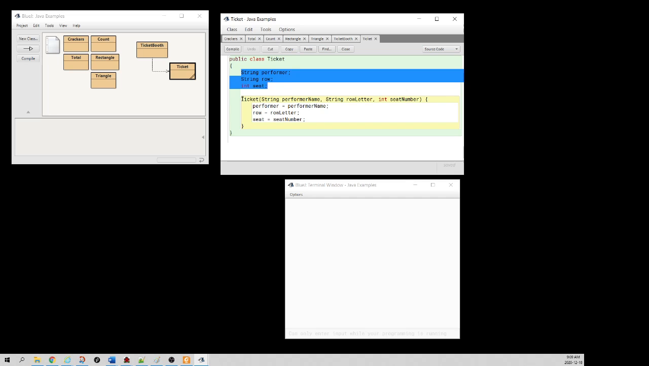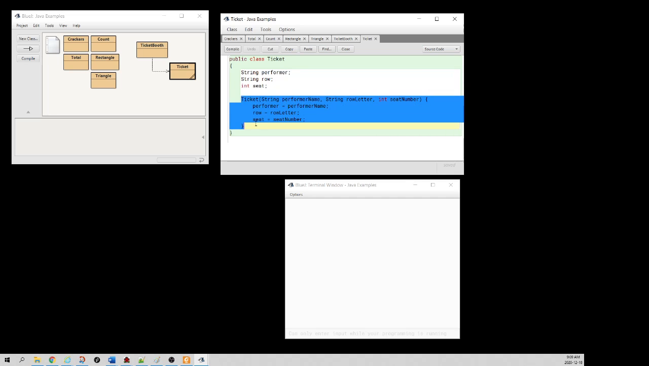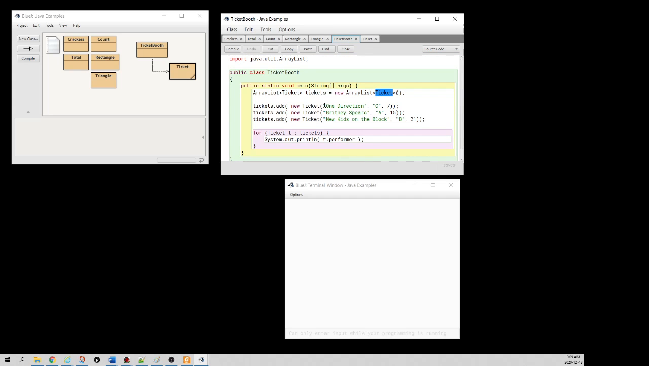And it also has a constructor here, which allows you to give values to the fields. So row gets row letter, seat gets seat number, and they're passed in as parameters. So those parameters are getting these arguments, and these arguments are what's initializing the object. So dot add will add it to our array list, and